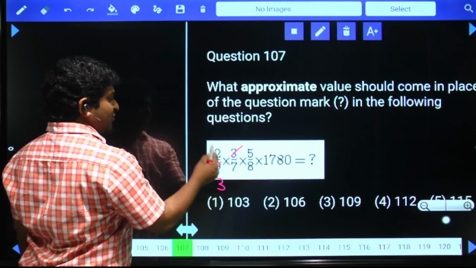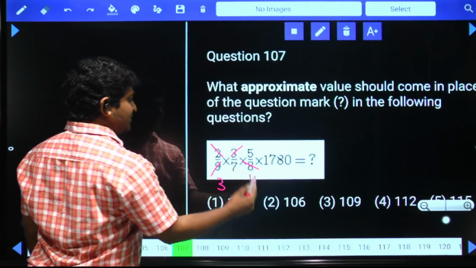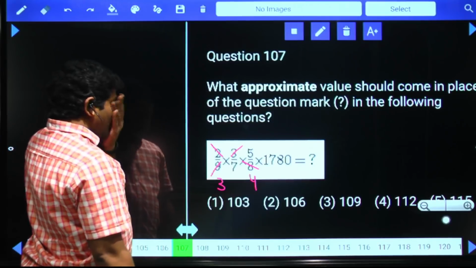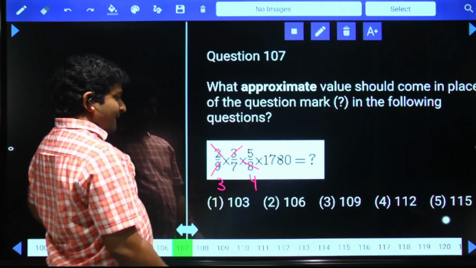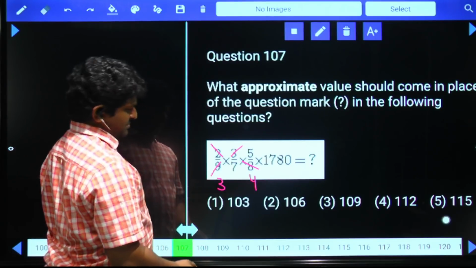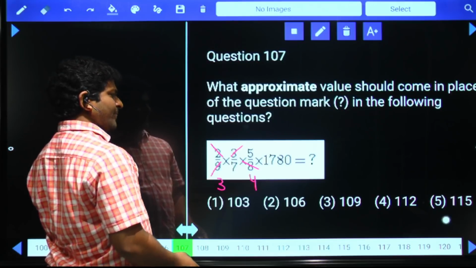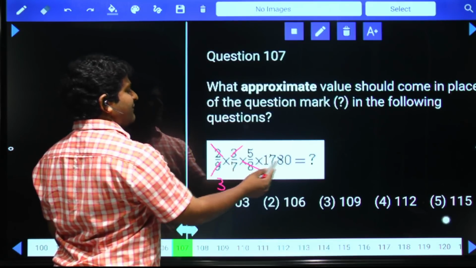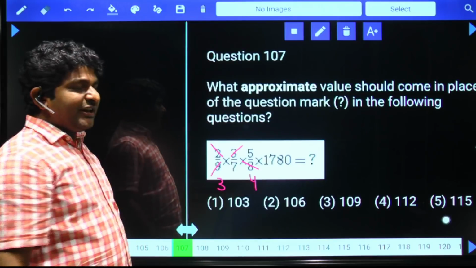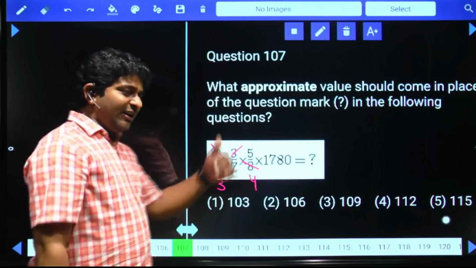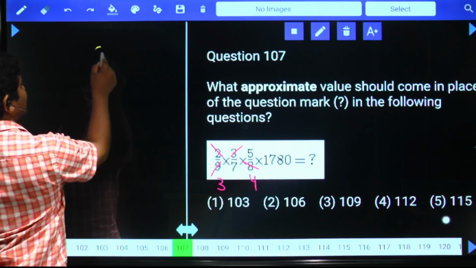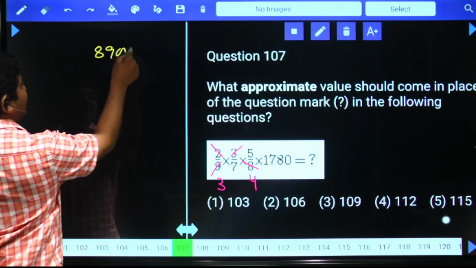3 times here, 2 4 times here. Now again simplification. 5 times of 1780, in the sense 10 times and making it a half. 17,800 and then half of that, which is equal to 8,900 divided by